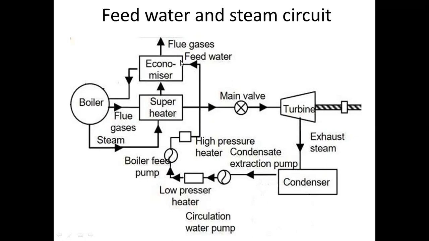I told you the economizer is the device where feed water gets heated with the help of flue gases. So this is the circuit path of the flue gases, and here you can see the boiler receives the water from the economizer. So this is the feed water and steam circuit. Whenever we pass this water through the economizer, it increases the efficiency by about 2%. So friends, this is the third one. This is the largest circuit.